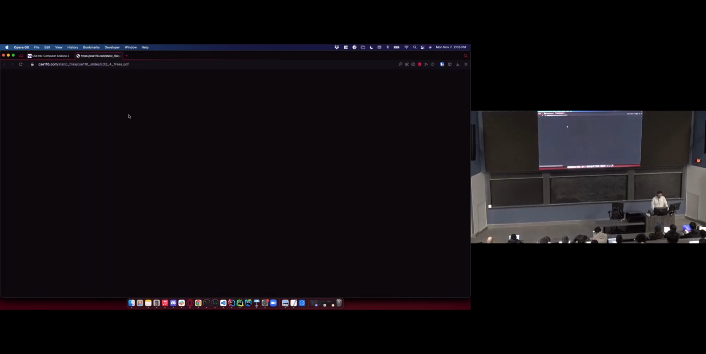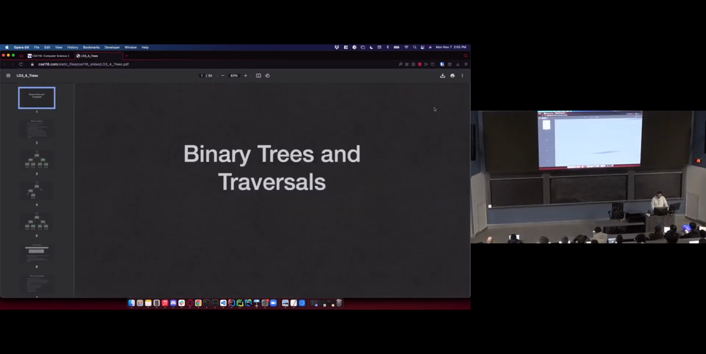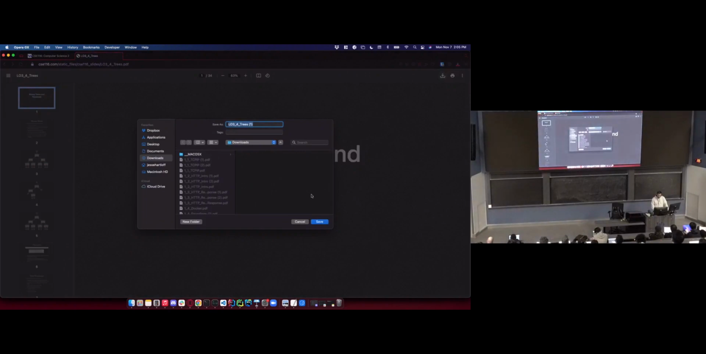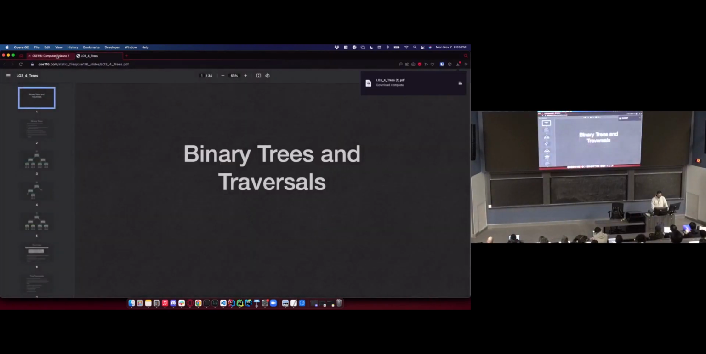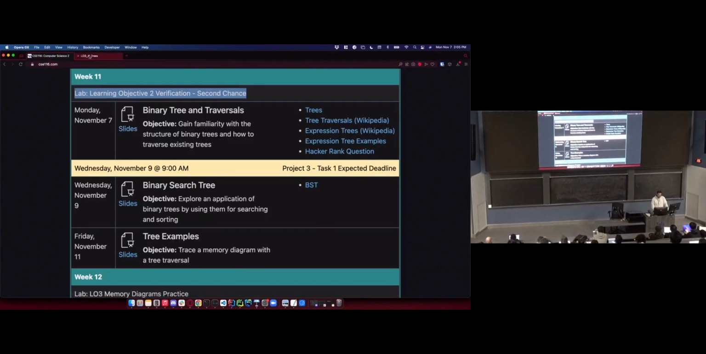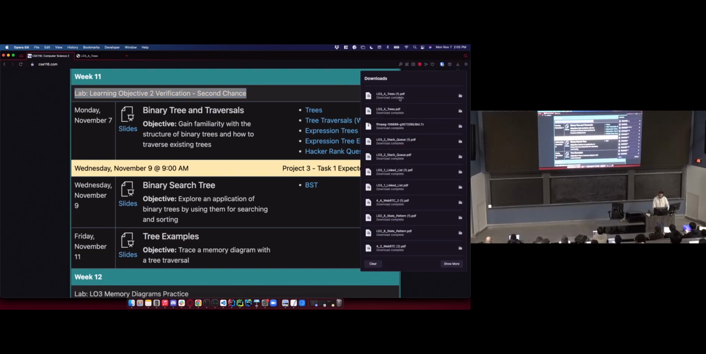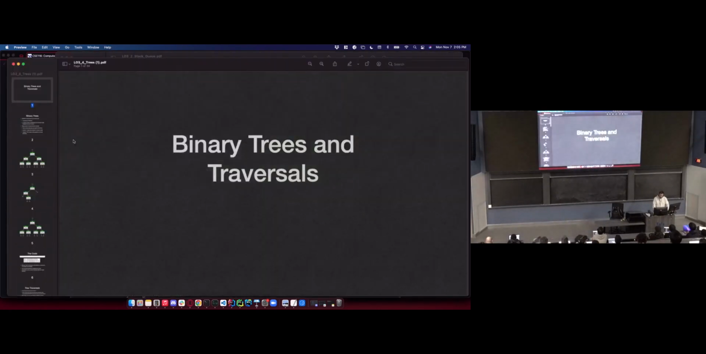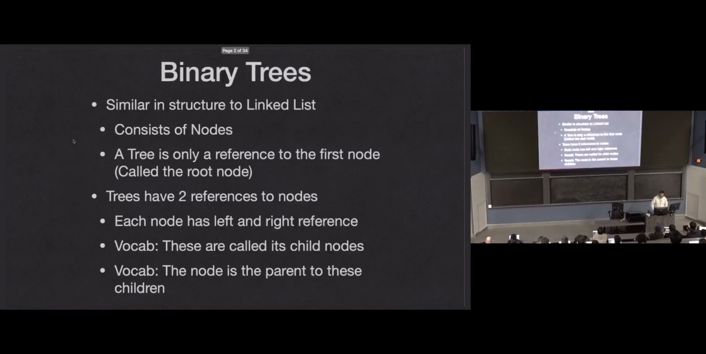Let's talk about trees. If you don't see these dark mode slides, by the way, just refresh the page. I changed the file name for the slides, so you might have reference to the old thing. All right. I'm talking about trees then. Specifically,